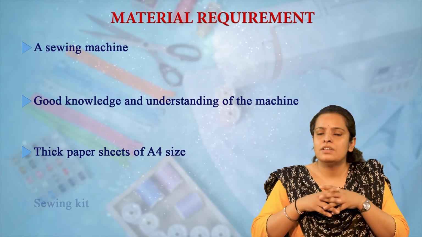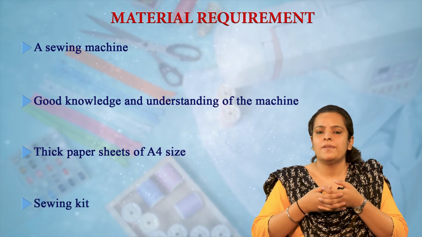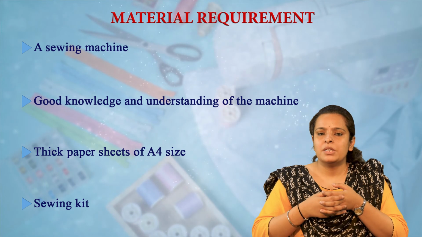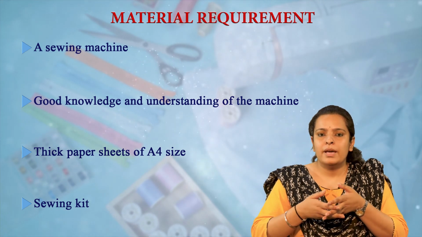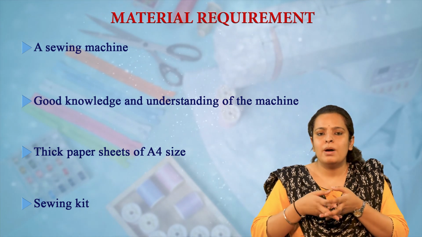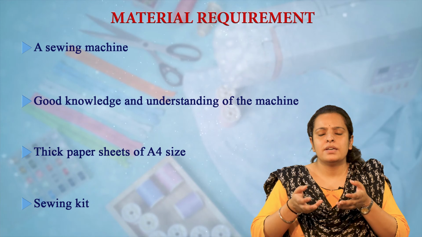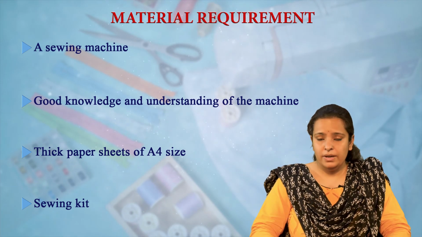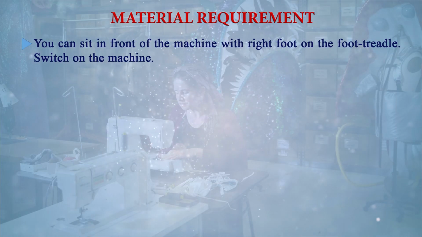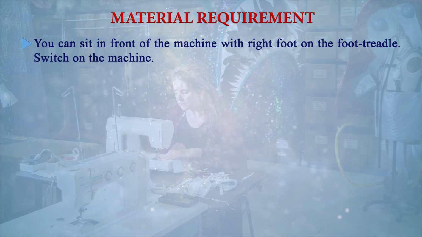Then you need a sewing kit. In a sewing kit you generally have scissors, threads, all types of pins, marking chalk and so on. All these materials are required before starting this activity. Then you can sit in front of the machine with your right foot